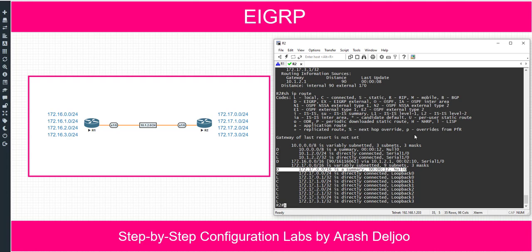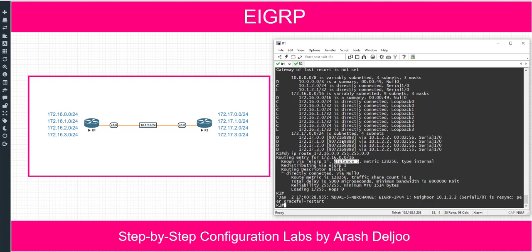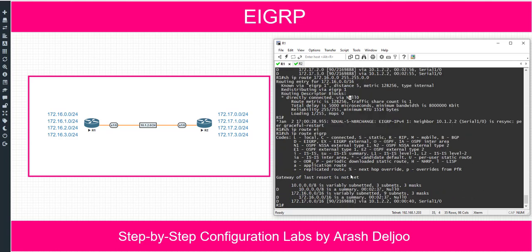And after that, here in router 1, instead of these 4 networks, 172.17.0.0/24, 10.0/24, 20.0/24, and 30.0/24, we will have only one summary. Show ip route eigrp